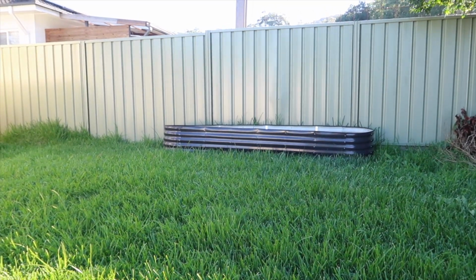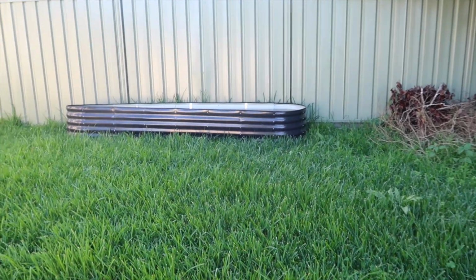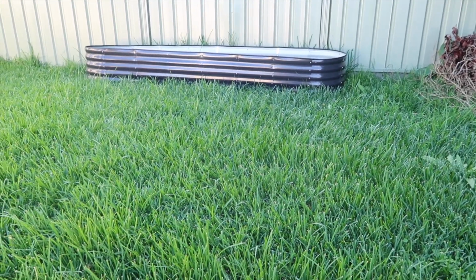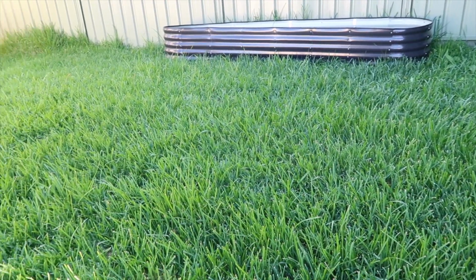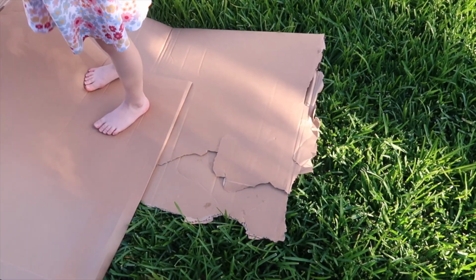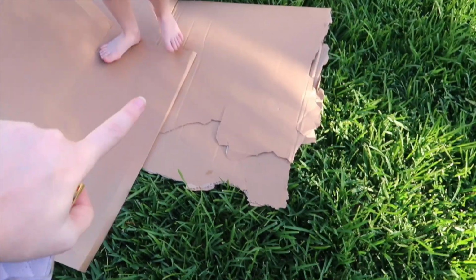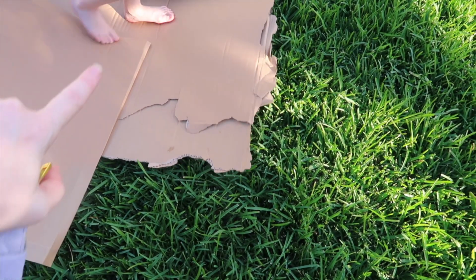And we're back. It's been a lot of weeks. It's probably been a month. We desperately need to mow the lawn, which we might just give this bit a little bit of a whippersnipper. And then we're going to use some of the cardboard that doesn't have anything printed on it, no tape, from our IKEA deliveries. We're going to pop that down on the grass where we want the garden bed to be